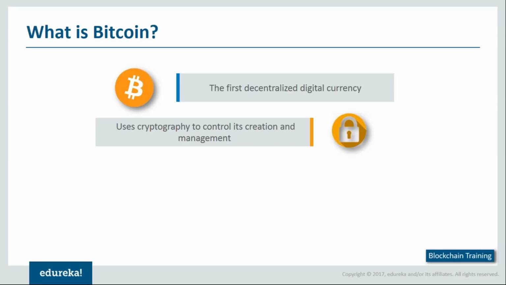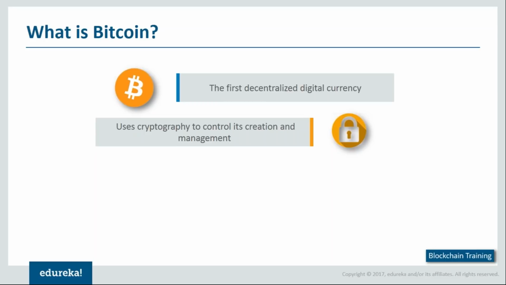Because every given day, new people get involved in the Bitcoin creation system, and the resources pooled in it keep growing day by day. So these controls added to the creation and management are what ensure that the last Bitcoin gets mined only by 2140.